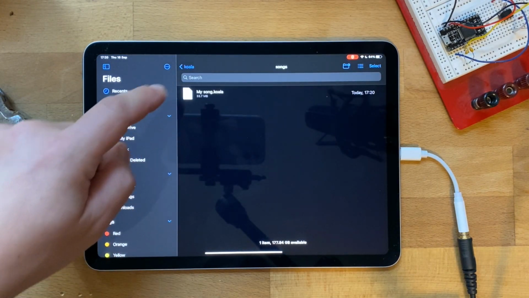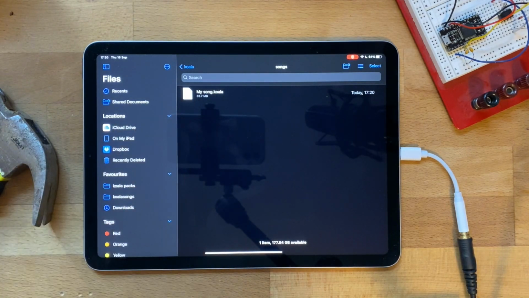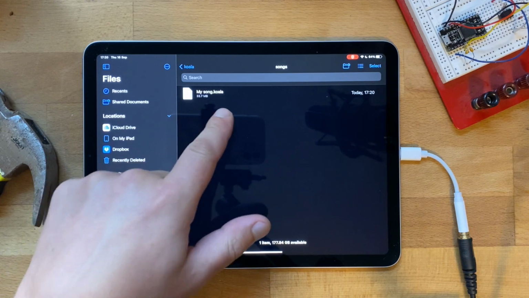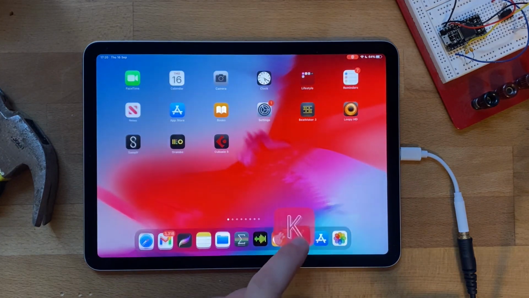So if I go back in the songs folder, you can see now that folder that was called my song folder, now it's mysong.koala and it's a file, and that's the new format. And it's great. You can easily share it on iCloud or Dropbox or Google Drive or whatever like that. I think it's definitely a good direction for the future. So now you can actually open that